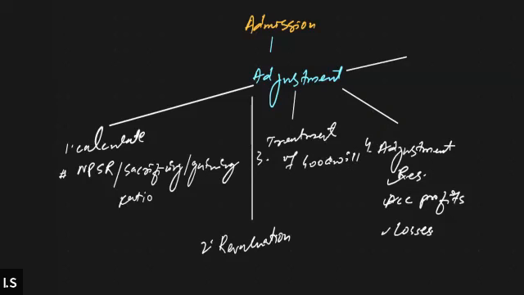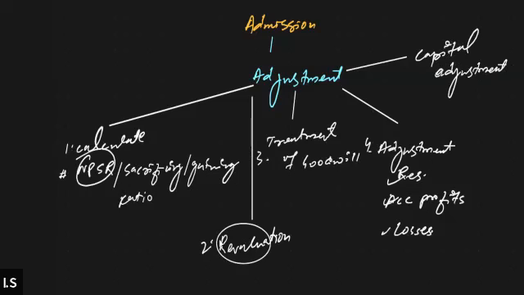And then at last, sometimes the question also requires us to do the capital adjustment. So there are 5 calculations needed whenever a partner gets admitted. The first calculation will be required for the NPSR. The second may be required for the revaluation, then treatment of goodwill, then adjustment regarding the reserve, accumulated profit and losses, and the capital adjustment. All these points are required to be calculated or adjusted whenever partners get admitted to the partnership. So what am I going to do? We'll start the discussion with the calculation of the new profit sharing ratio.